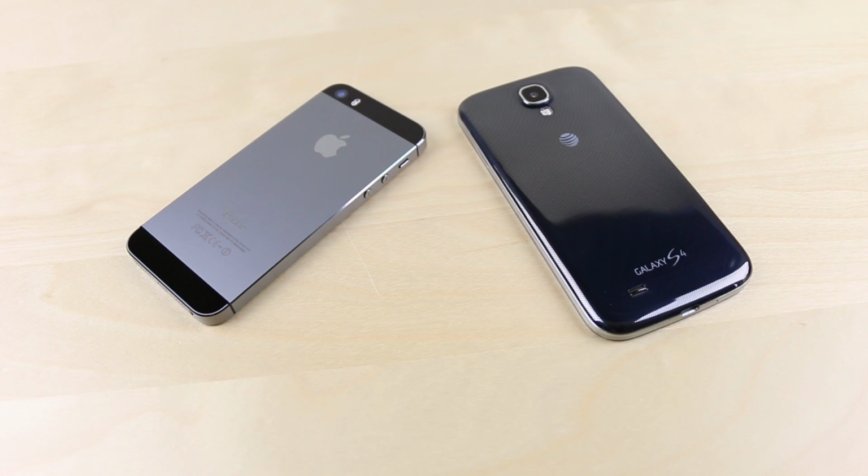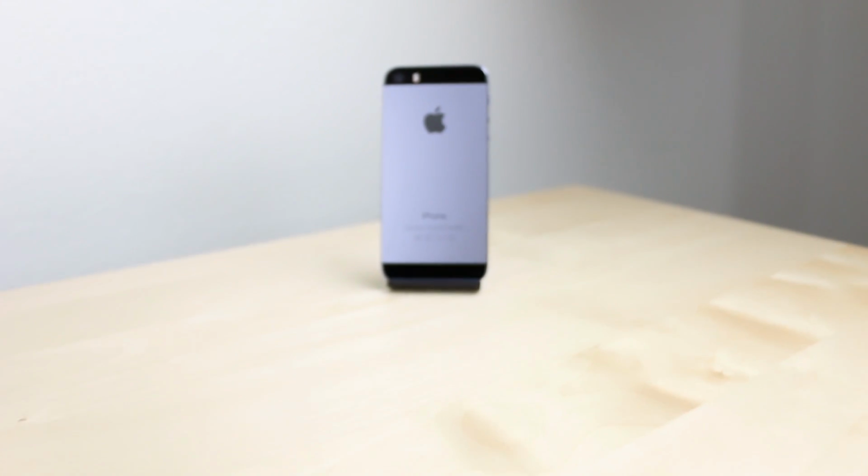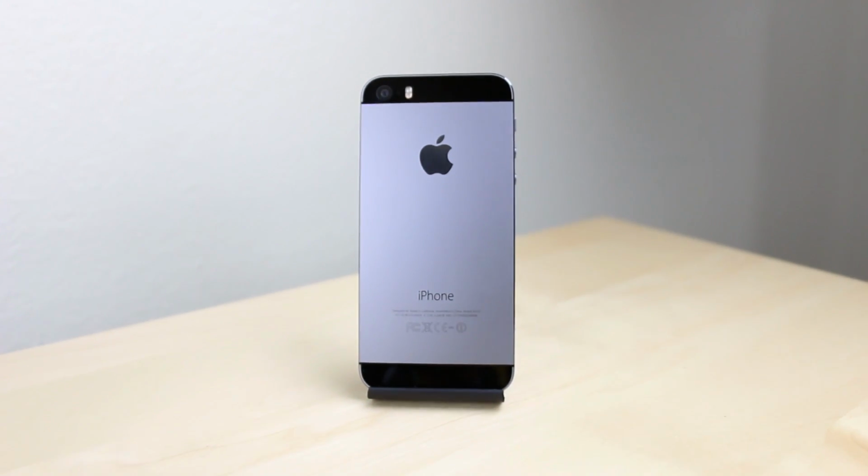Apple iPhone 5s and the Samsung Galaxy S4. Last time we looked at reasons why the Galaxy S4 could be considered better, but this time around it's the iPhone 5s's time to shine with 25 reasons of its own on why it could be considered better than the